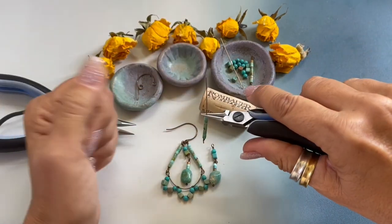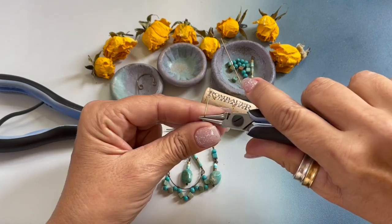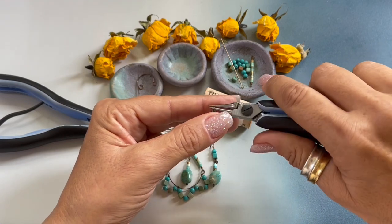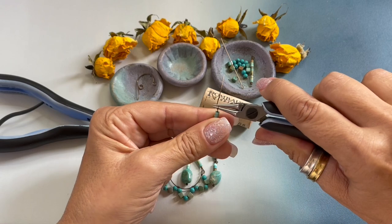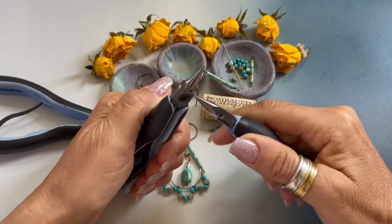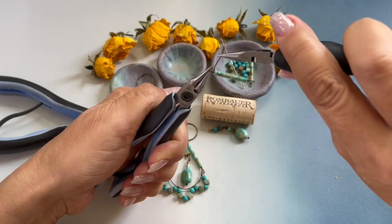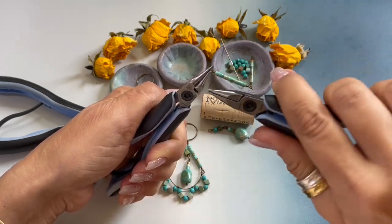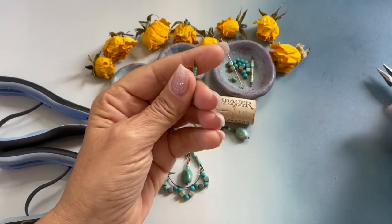And now we're going to form our wrapped loop again on the other side. We're going to bend the wire back, move the pliers up, bend the wire towards you, move the pliers to the side, bend the wire back, and then we're going to come back in, and we're going to wrap 1, 2, 3. I'm going to remove it,